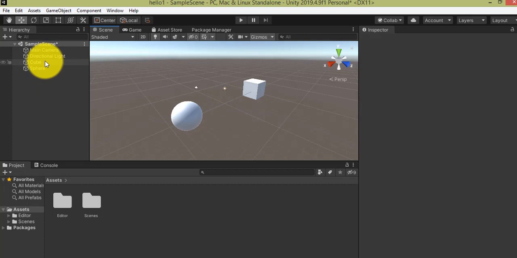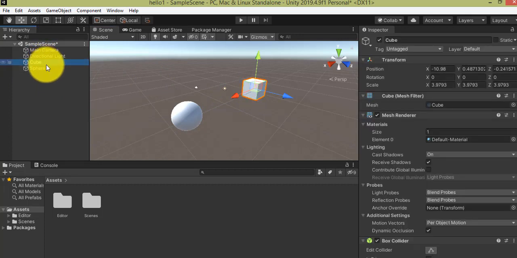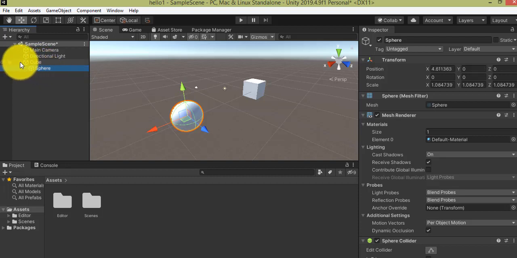Right now, both the objects are individual objects, but I want to make the sphere a child of the cube object. So I just click on the sphere, right click with my mouse and move it into the cube section. You will see this drop down section, it means that the sphere is now a child of the cube object, or the cube is a parent of the sphere. That's how you can make one object a child or a parent of another object.